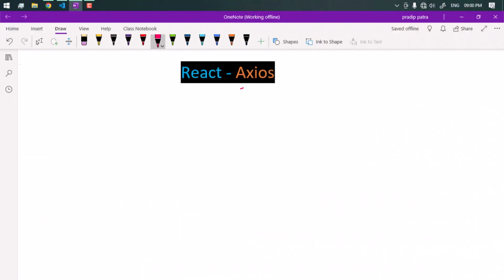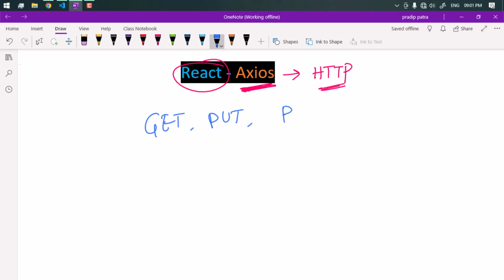So let's just talk about Axios in React. Axios is a JavaScript library that is primarily used to make HTTP requests. And in React it is commonly used to handle API calls. Axios offers easy-to-use methods like the get method, the put method, and also